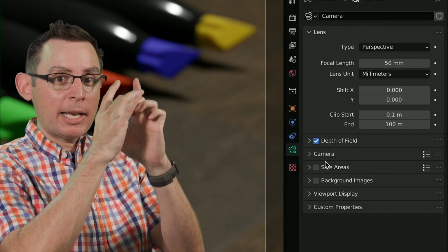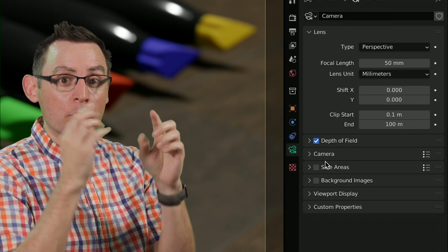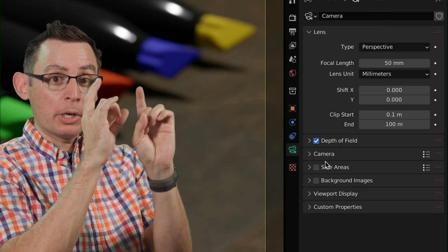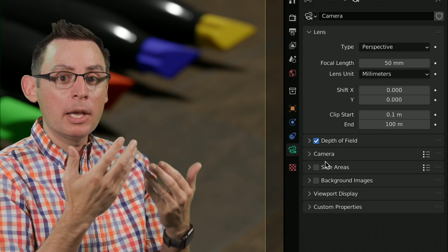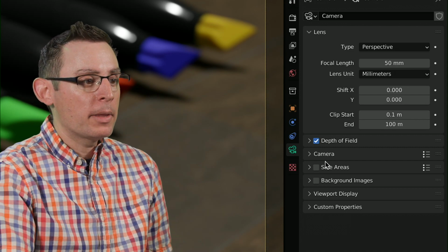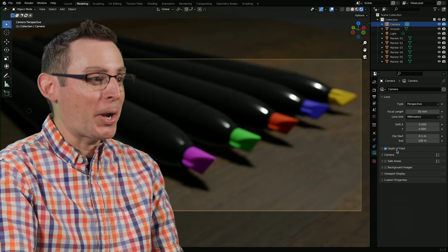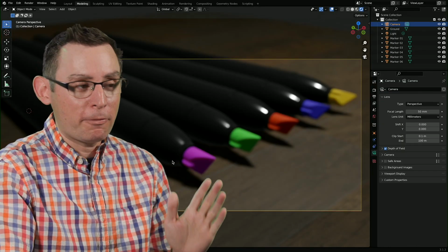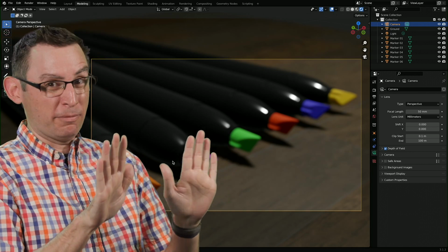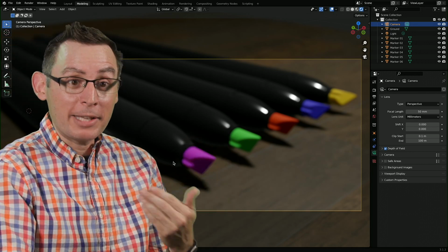A camera lens has an aperture that's going to open and close, much like our eyes have a pupil or an iris that opens and closes to let a certain amount of light in. So when we turn this on, we're now simulating this. It looks pretty cool. Okay, so this is looking pretty great right off the bat. However, everything is kind of blurry, which is not great. Everything is out of focus.